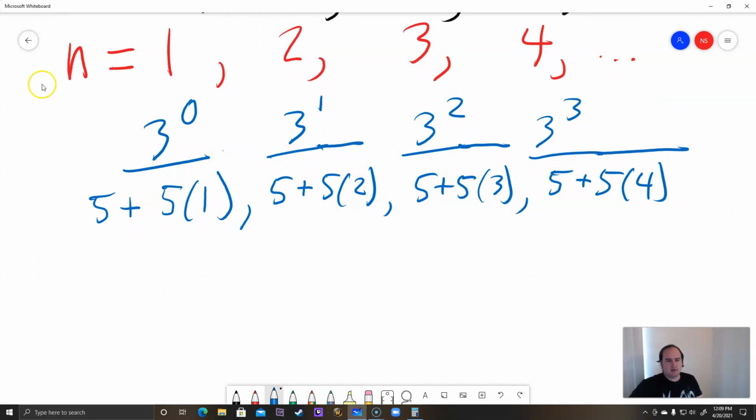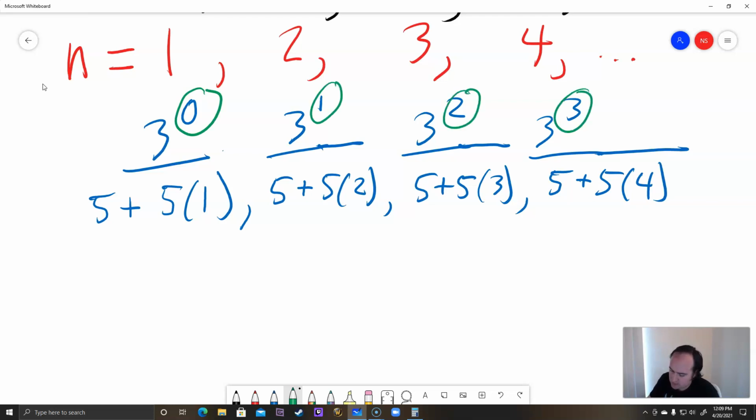So as we can see, there's some interesting stuff going on here. First of all, notice that our powers here don't actually match up with n. So how do we get from 1 to 0, 2 to 1, 3 to 2, 4 to 3? How do we get to those? Well, how do you get from 1 to 0? You subtract 1. How do you get from 2 to 1? You subtract 1. So what the formula is, we're actually going to have 3 to the 1 minus 1 for